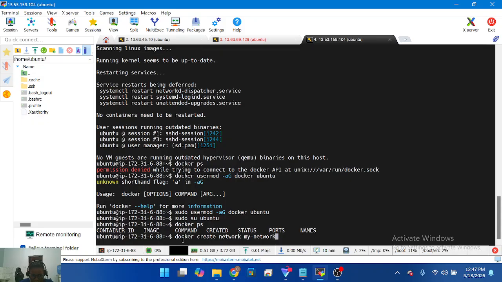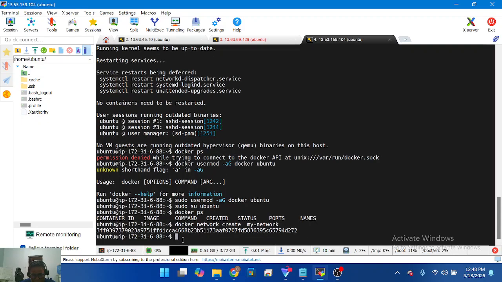Docker network create my network. It has created. Yeah, so now let's run the command, which is docker run